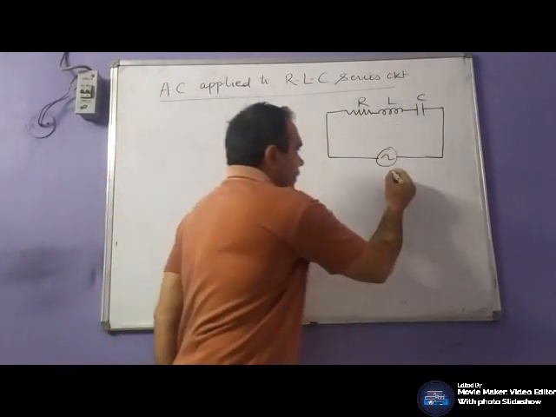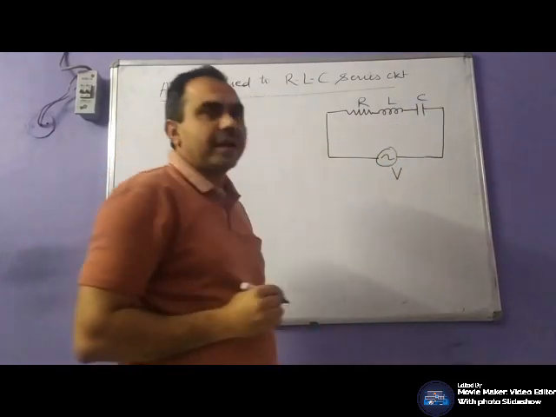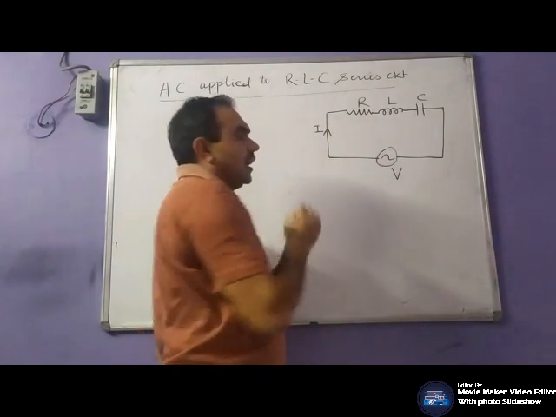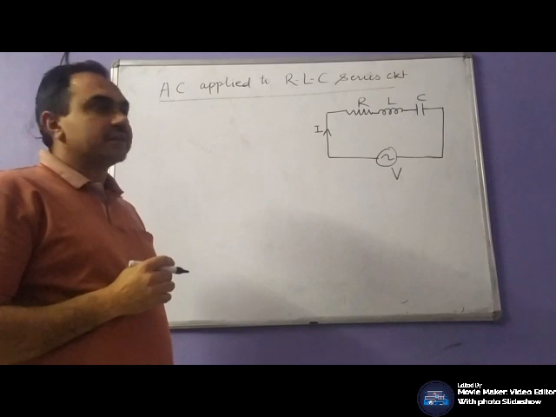Let V be the RMS value of the applied voltage, I be the RMS value of the circuit current,